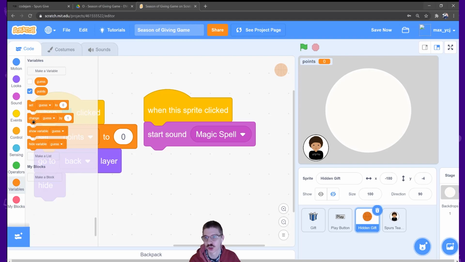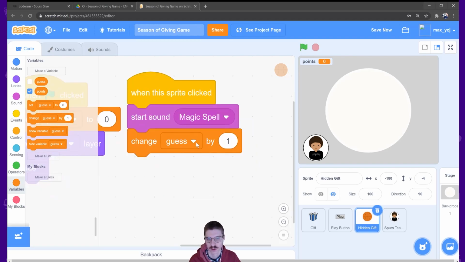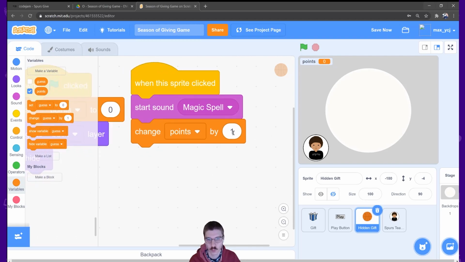This time we'll use the change variable block. Mine by default said guess, but we actually want this to be points so that we make sure that we're changing the points number. We're not going to change this by a set amount because we want it to change based on how many guesses we've taken. So what we can do here is, instead of typing a number in, get this little oval block that says guess in our variables palette. And we'll place that directly in this space, and you'll see how that works when we test this out in